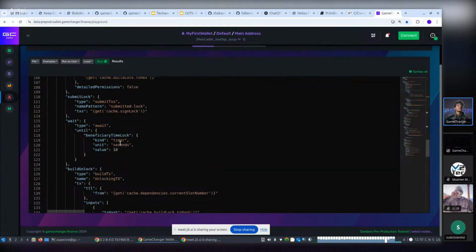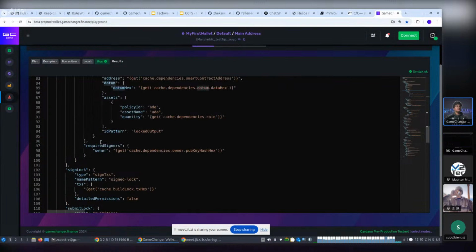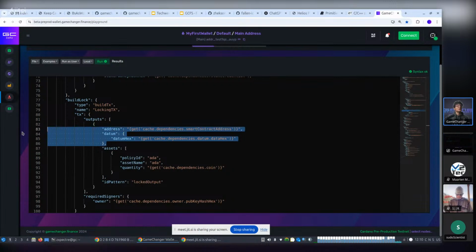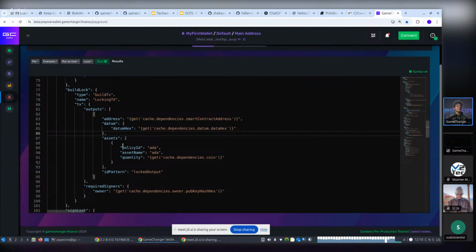Okay, but the thing is that here the datum is provided within the output. Yes, here. Actually, let me see, datum X. Yes. Okay, so as you know,